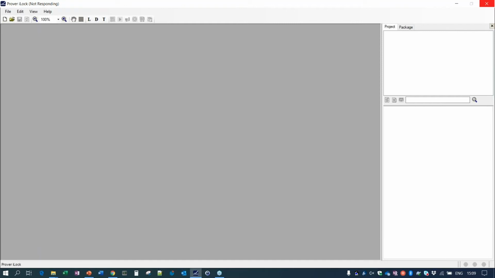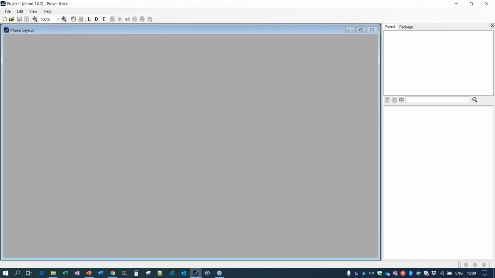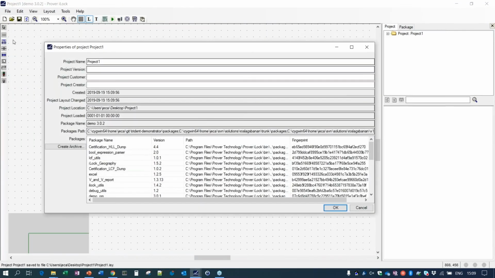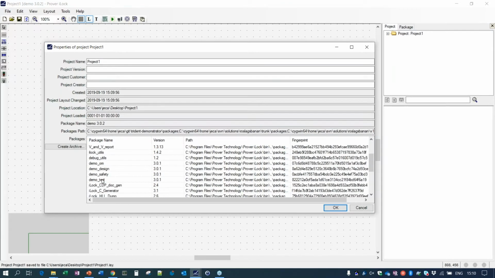In this demo package, there is a choice of a few symbols that should be available. They turn up here to the left, and these are the ones that we will use to configure the layout of this station. Then this package name, demo of version 302, specifies that certain other packages should be loaded as dependencies. So all these packages are listed here with versions